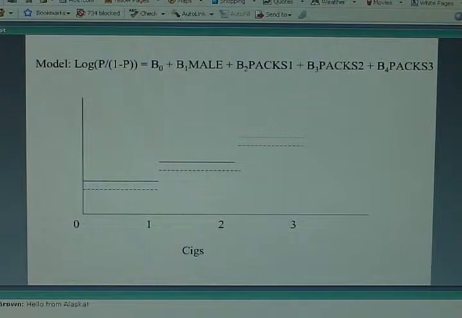Now, if you're a non-smoking female, your value for male is 0 because you're a female. Your value for PAX1 and PAX2 and PAX3 are all 0 because you're a non-smoker. So a non-smoking female gets a value for her log odds of disease, which is just B0. If you're a non-smoking male, your value for male is 1. Your value for PAX1, PAX2, and PAX3 are all 0 because you're non-smoking. So